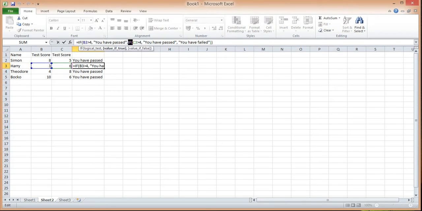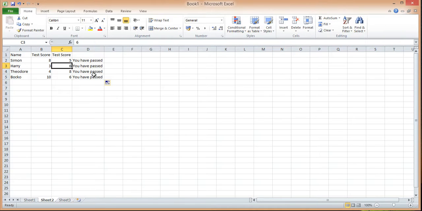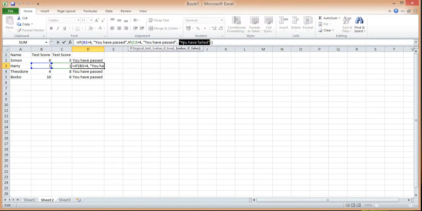So if we look at this section here, which is in the false section, if C3 is greater than 4, you have passed, which they have. Otherwise, you have failed. Again, if we change that to 1, you can see that it's evaluating both of these to false. Embedded if statements can get very, very confusing, but thankfully, within Excel, if we just add another one,